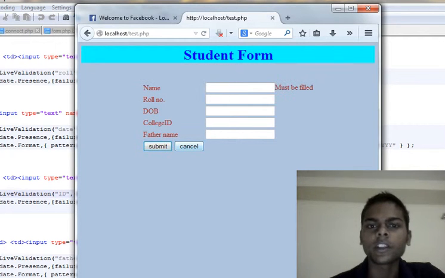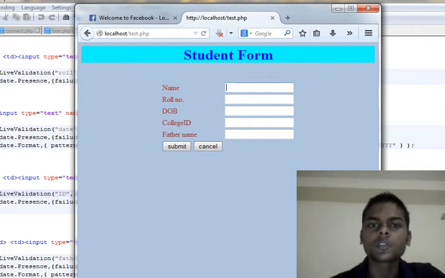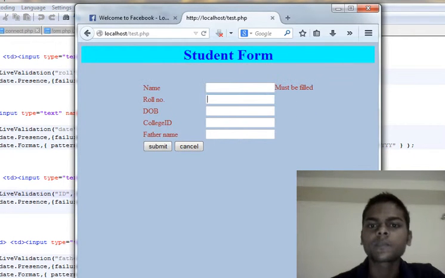If you click on the submit button, it will show a message: must be filled. So you have to fill all these fields. See, I am leaving these fields unfilled, and it is showing the message must be filled.